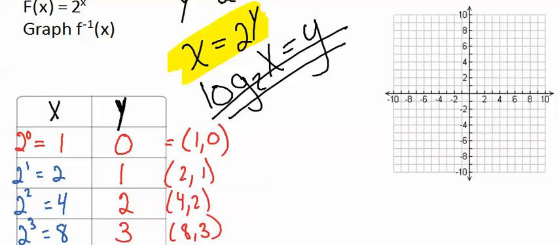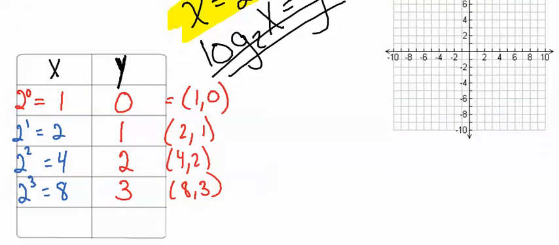And to see kind of how that graph tapers off, I'll actually do a -1. And you will get 2 to the negative first, which is 1 over 2. So we'll get 1/2